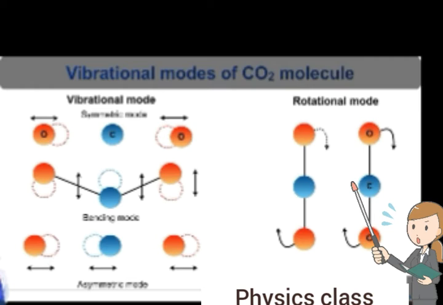Each vibrational state is associated with rotational states corresponding to the rotation of the CO2 molecule about its center of mass. The separations between vibrational-rotational states are much smaller on the energy scale compared to the separations between electron energy levels. The N2 molecule is also characterized by similar vibrational levels. So, these two diagrams show vibrational modes as well as rotational modes.